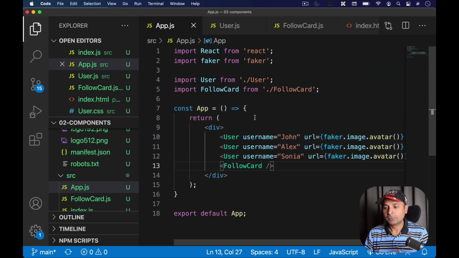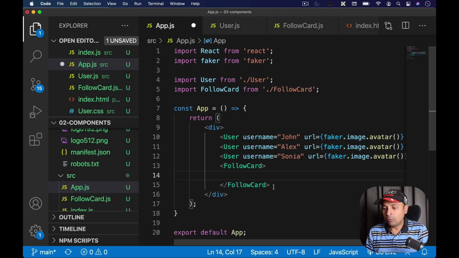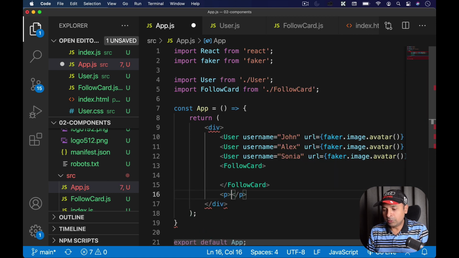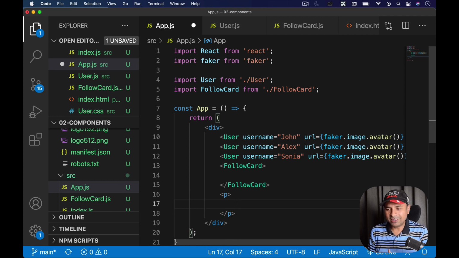Let's come back. So that's what I'm going to do here. Follow card is basically going to accept a user. So follow card is going to wrap around user, and we can do that. I'll show you how we can create something like how we write a paragraph. Just think from the paragraph perspective. A paragraph is like a small HTML component, right?